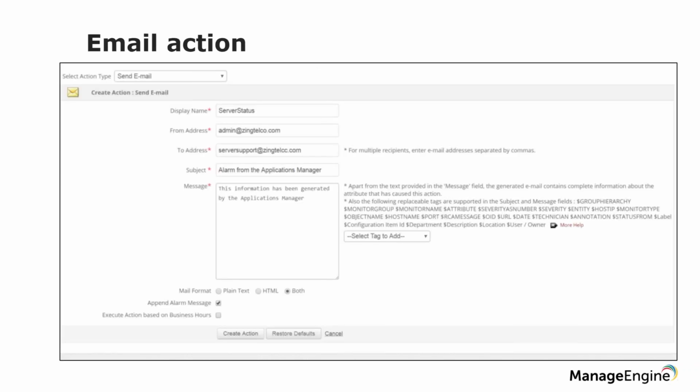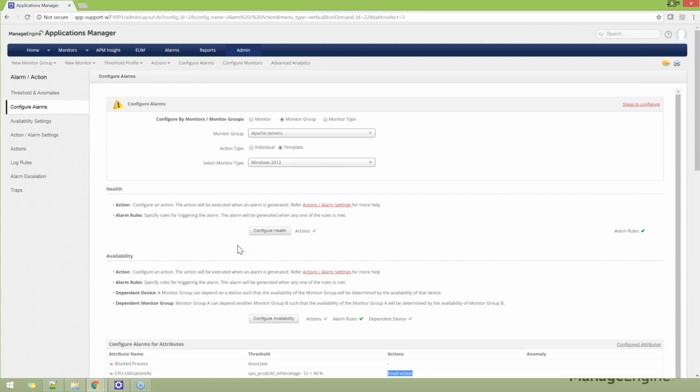So when you create an email action, you need to provide the from address, to address, and if there are multiple recipients, you need to enter the addresses separated by commas. Now, let's switch back to the UI and see a couple of actions we can create and what is the use. Before we create an action, email action specifically, the important factor that we need to make sure is that